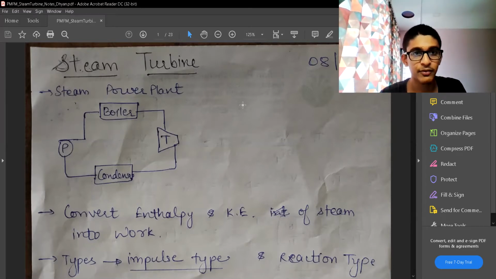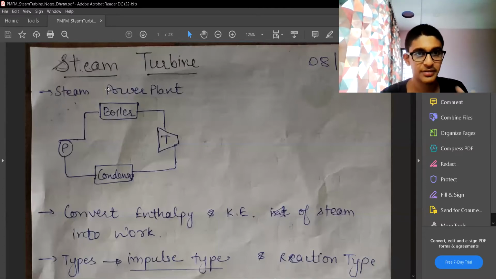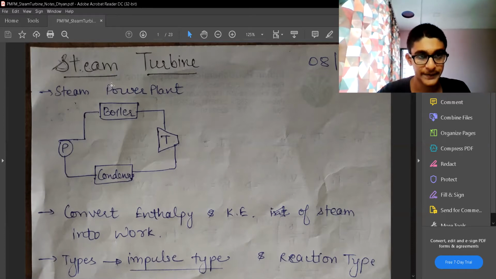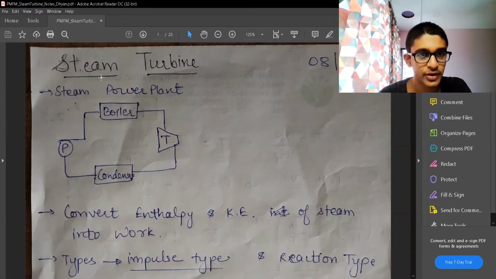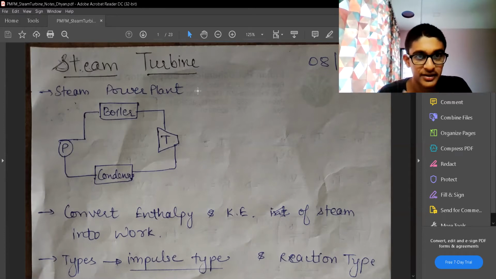That is the vaporized water or evaporated water, or superheated specifically, because the pressures and temperature combinations will be such that they are superheated. So where are these useful? Steam turbines are useful in power plants and such, like we have seen the Brayton cycle in applied thermodynamics, that is the gas power cycle, or the steam power cycle.